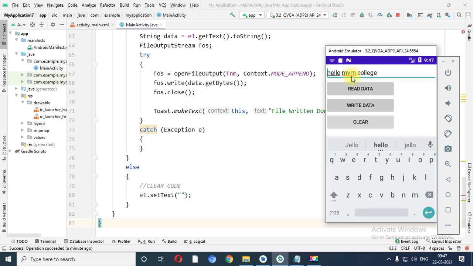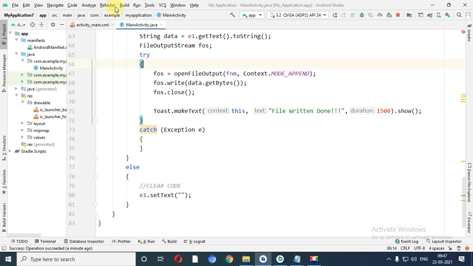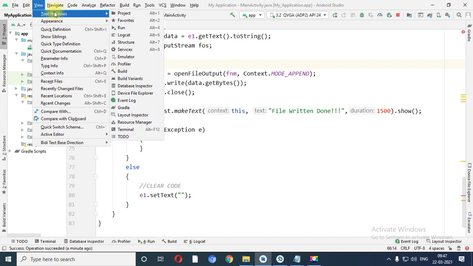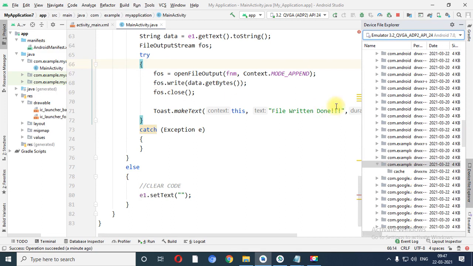Now see, if you want to see the internal file of this particular text file, right, at that time let me click on view, tool window, database, device file explorer.